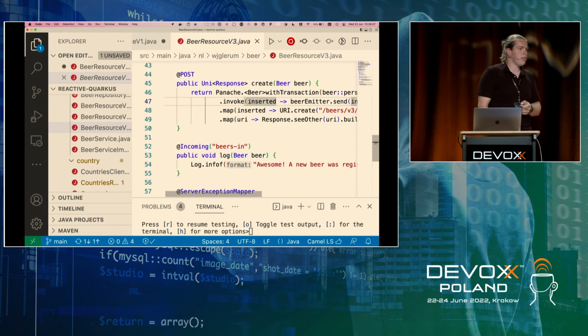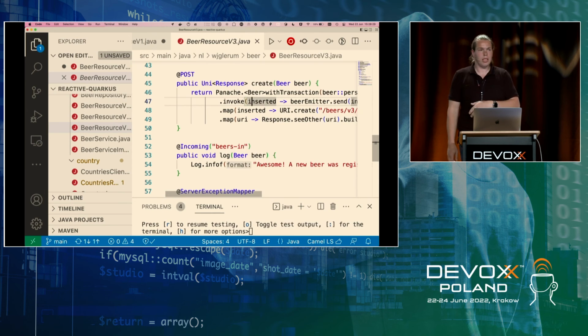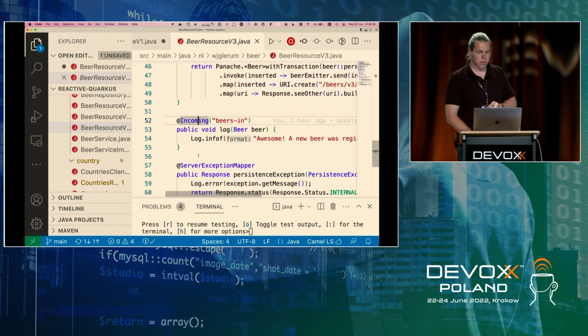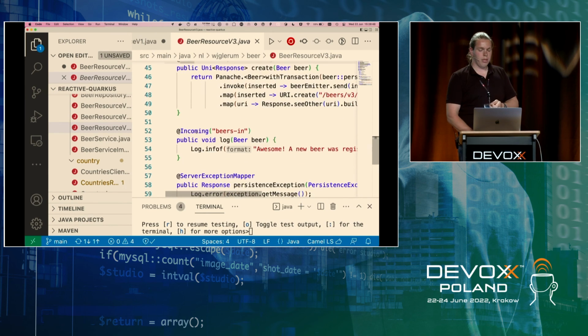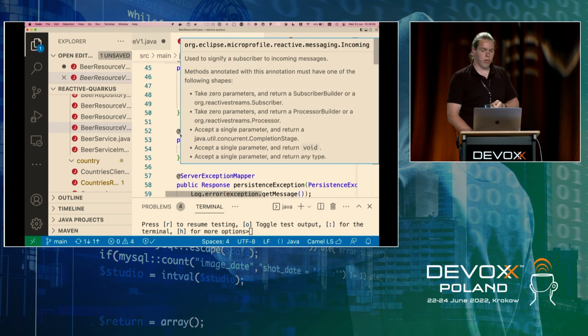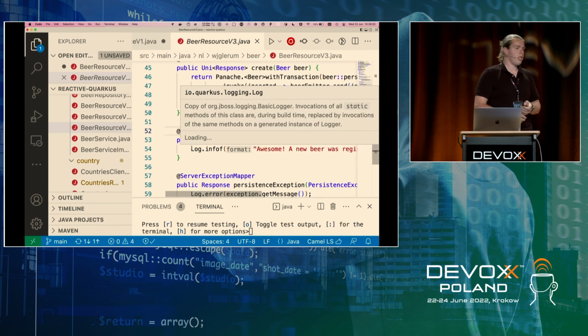So then I publish those events. I don't really have a use case for it, but at least all the beers that I saved in my system are in Kafka. Well, the next thing I can do is define an incoming channel, which I can just do by annotating this method. So normally, like here, you do something with a POST or a GET, but at this time you say it's incoming from a channel. So instead of coming from a REST response, you just get this from some channel. It can be in memory, from Kafka, doesn't really matter.